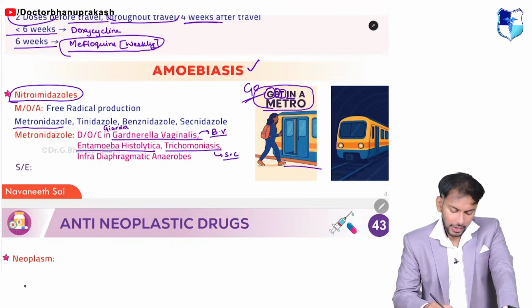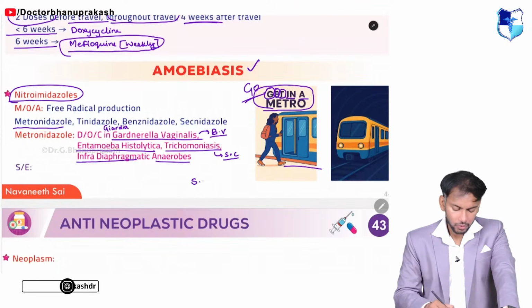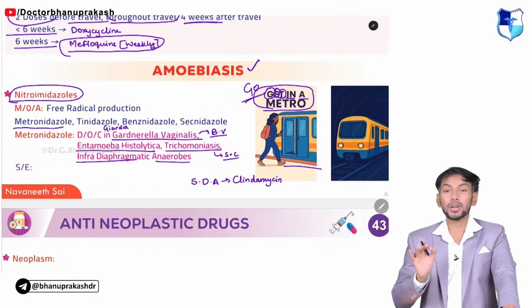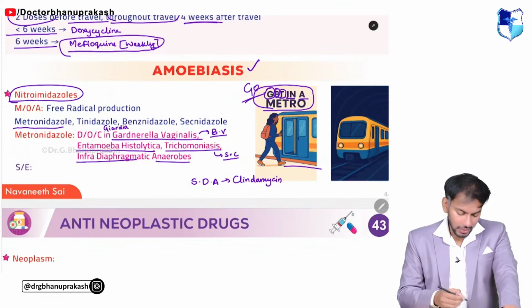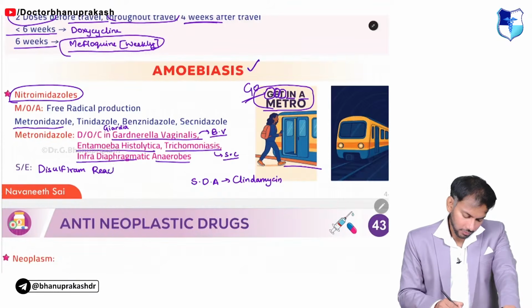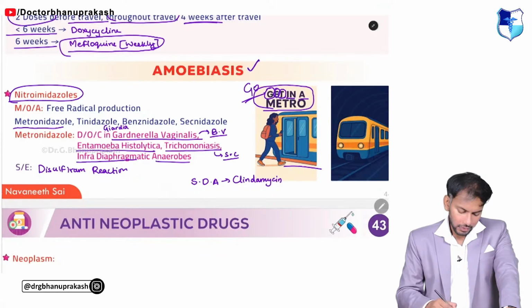Now, IN, A, infradiaphragmatic anaerobes. For supradiaphragmatic anaerobes, the drug of choice is clindamycin. For infradiaphragmatic, it is metronidazole. I told you the most important side effect of metronidazole, what is it? It is going to be disulfiram reaction. That's all about amoebiasis. Now, only one thing is left, that is